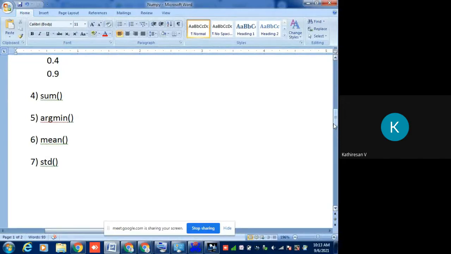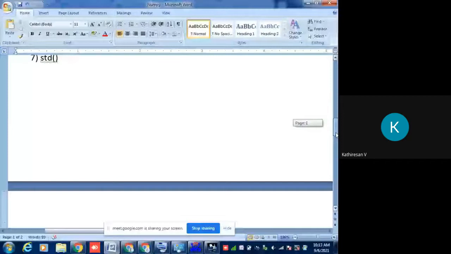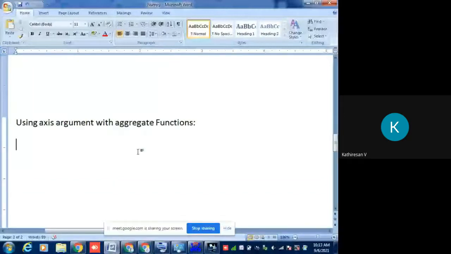the axis argument. The use of the axis argument in NumPy is that we can use it to perform an operation on one row, one column, or a specific row or specific column. If I tell you how it is working, then you will be able to understand clearly. So if we want to get the sum of rows or columns,